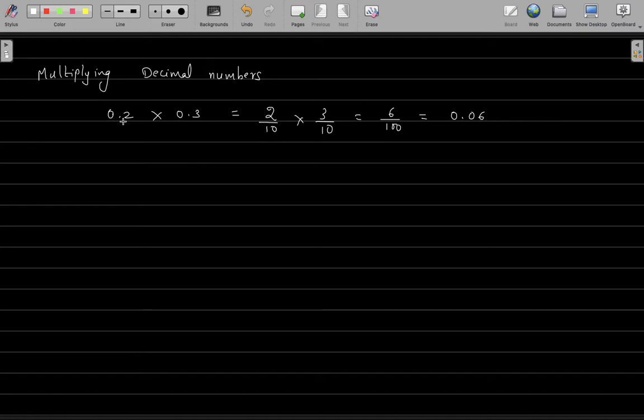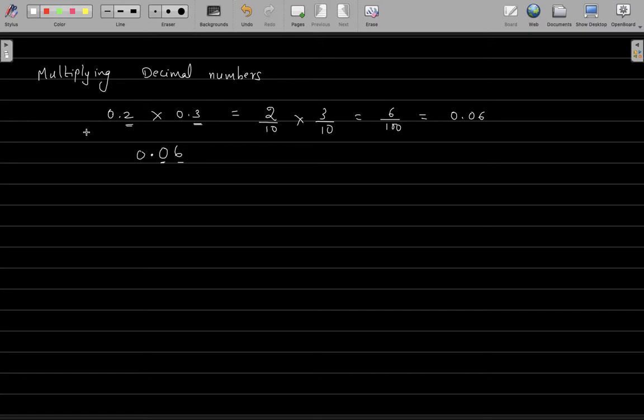So, if I can understand it in another way, I have 0.2 and 0.3. I am just multiplying 2 and 3, which gives 6. But because I have one position after the decimal here and one position after the decimal here, I have two positions after the decimal. So I must have two positions after the decimal point. So I will write it as 06 and keep a decimal to the left of it, making it two positions after the decimal point, and keep the 0 as it is. That will leave you with your answer 0.06.